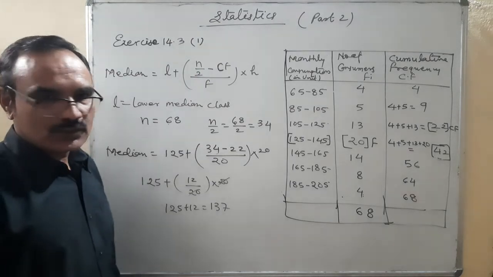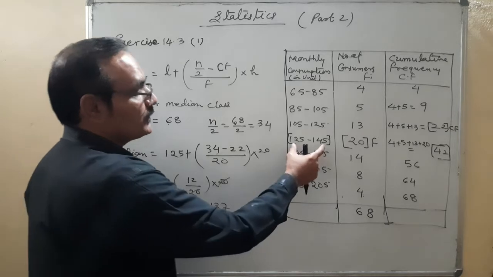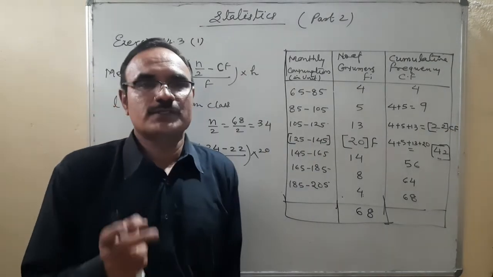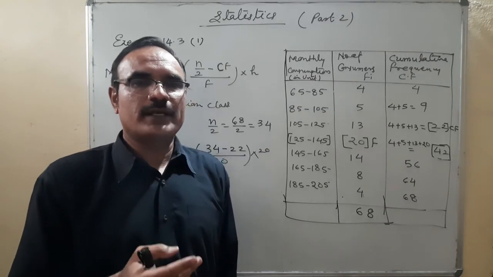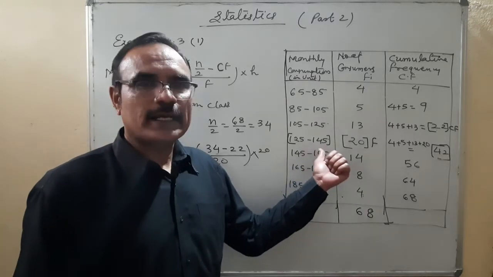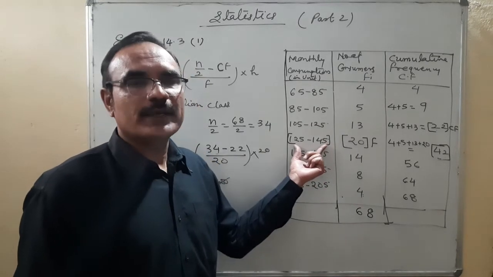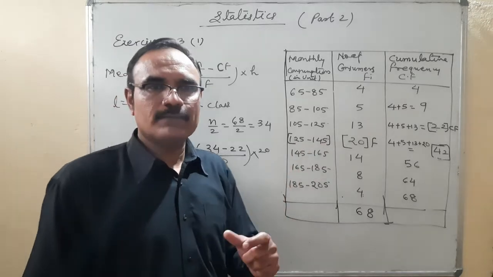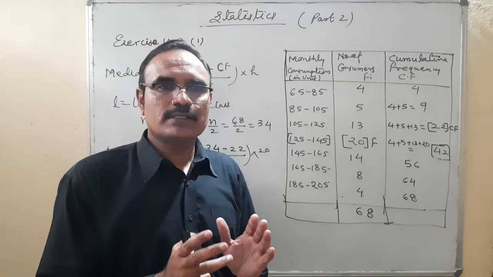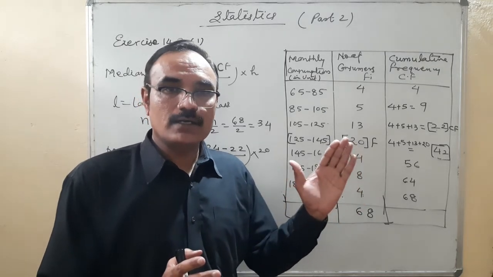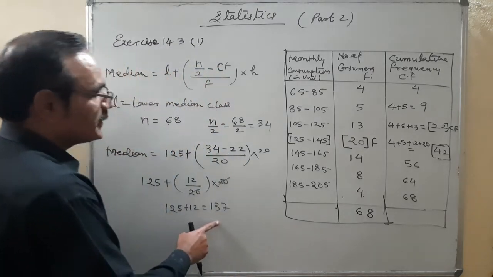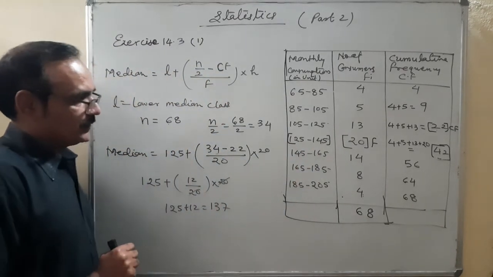And again, you can check your solution: the median answer should come within the median class. You remember it. After calculation, sometimes it happens that we shift the decimal by mistake. We can write the decimal at a different place, that means at the wrong place. So you can check whether your answer comes under this median class, yes or no. And the same rule will be applied for the mean, median, mode, everything. Their answer comes under the mean class, median class, or modal class. Okay. So 137 is coming in between that.